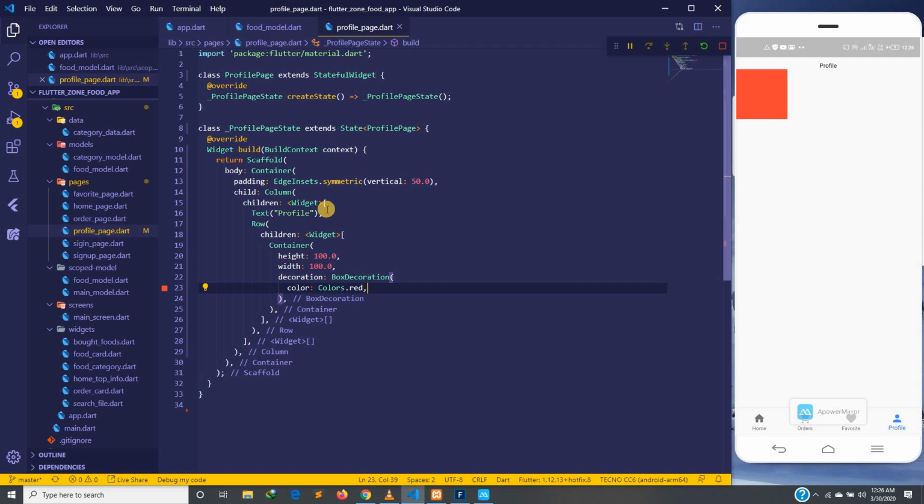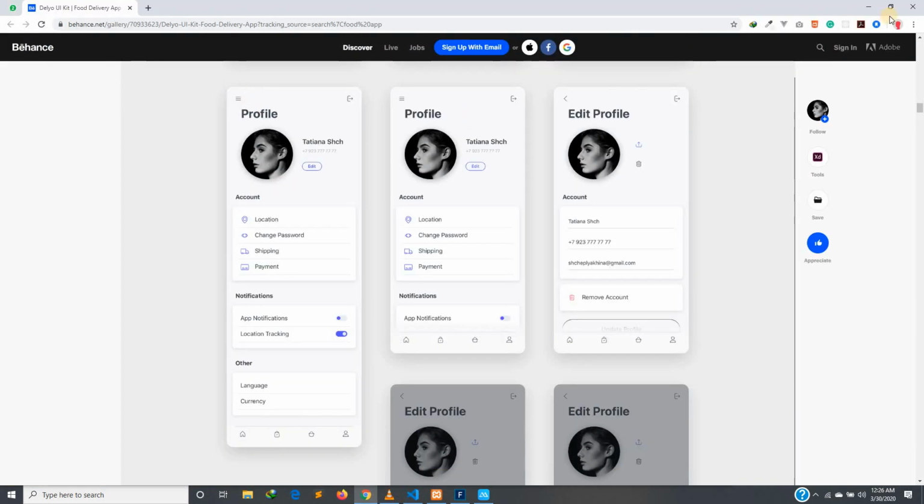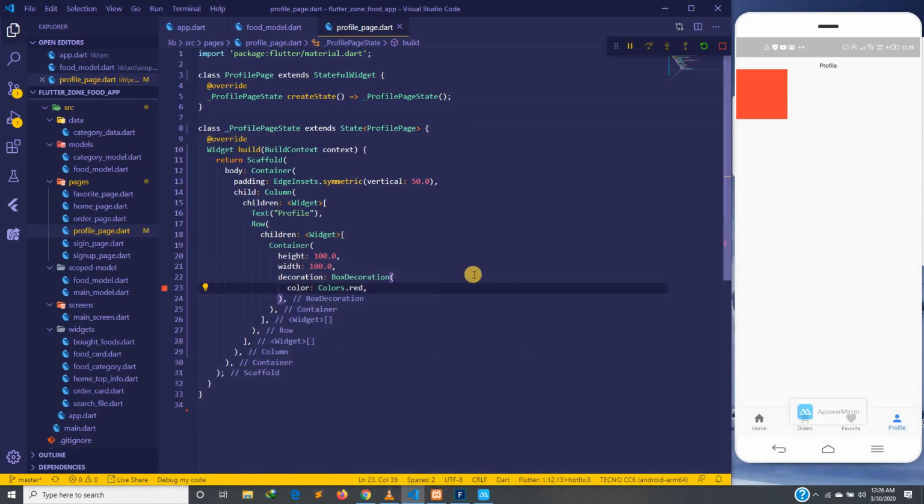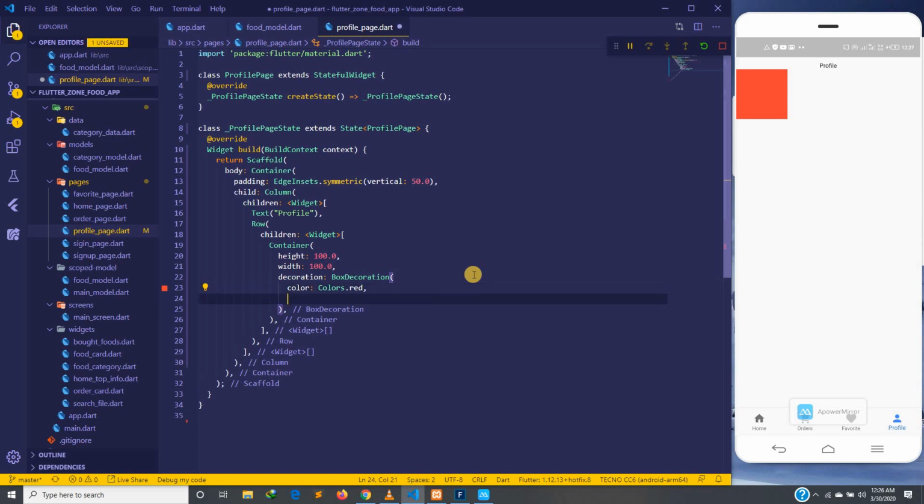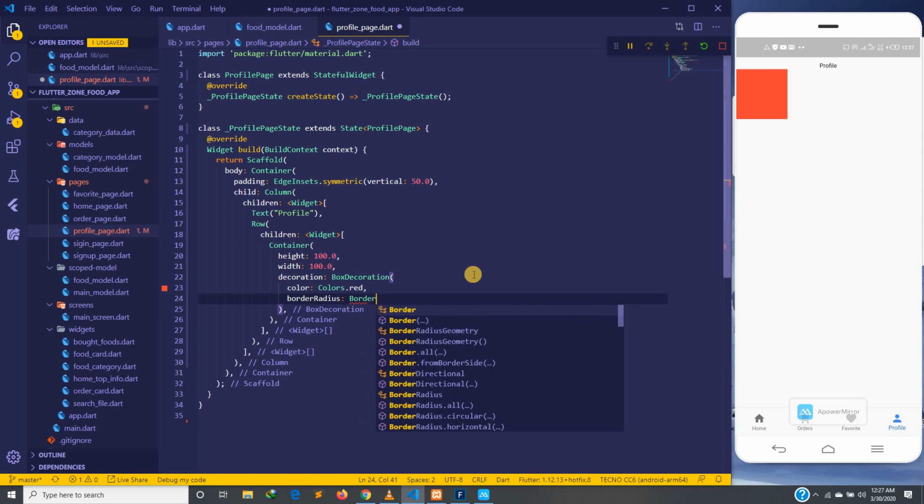So you can see we have this. Okay, you can see we have the red color. So what we want is a circular container like this, so that we can put our image inside. So what I'm going to do is to specify the border radius, and